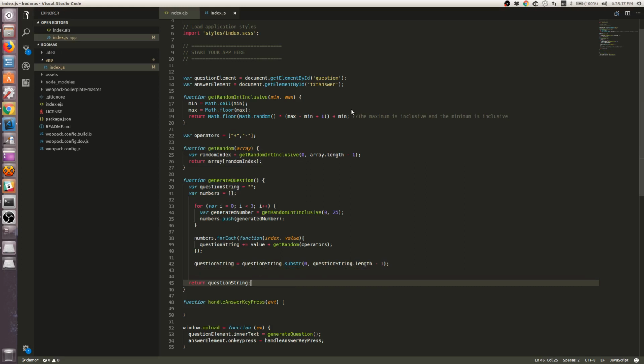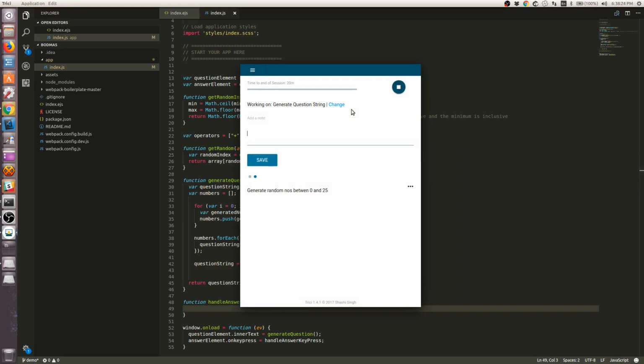Okay, so the next thing that we have to do is handle the answer. So basically our generate question string is done, so I'll mark it as done, and I may commit this code as well, but let's just do that later. So the next thing that we have to do is work on handle answer entered, right? So for this, what we have to do,